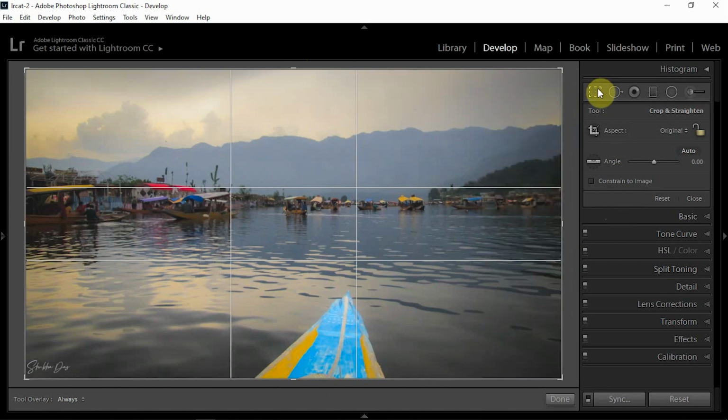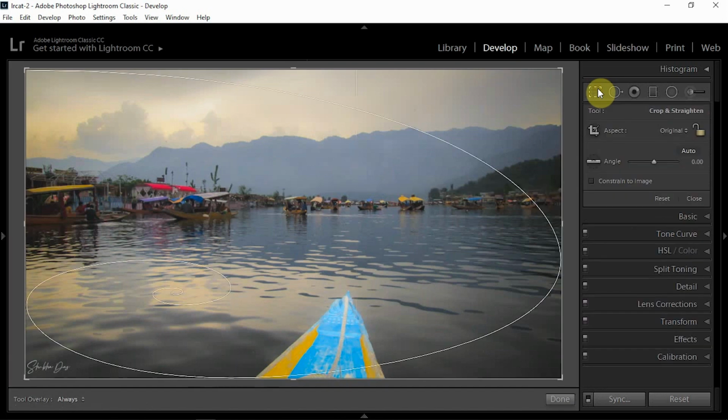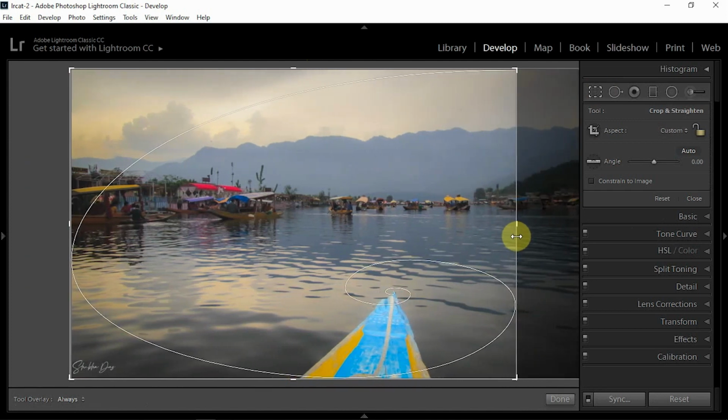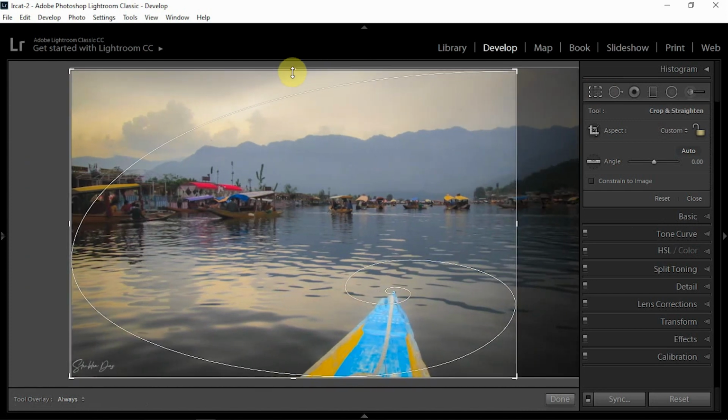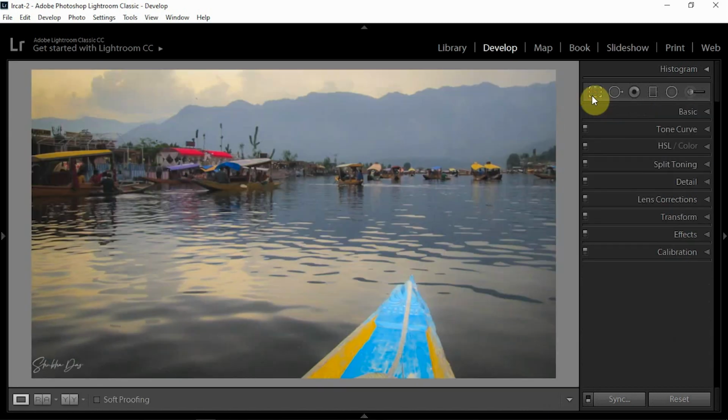Now if I turn on the golden ratio here and toggle, and I keep the boat's mouth at the center of the spiral and just trim the photo down so that the spiral follows along the line of the mountain, and if I hit OK, now you'll see the photo looks much more compact.